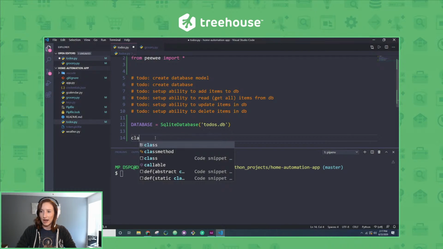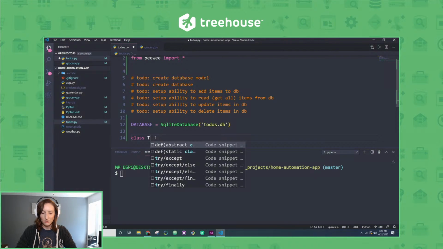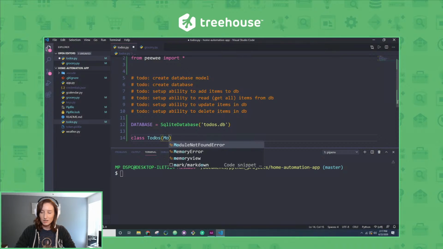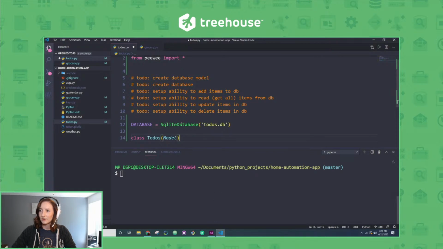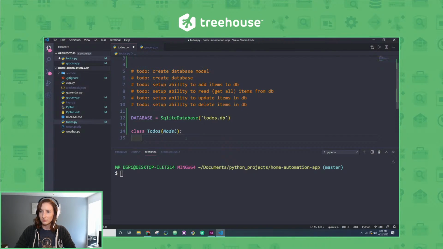So we need a class. It's going to be called todos. Needs to bring model. And I believe that needs to be capitalized. Yep, cool. So model. And in our class to-dos, this is where we're going to need to pick our